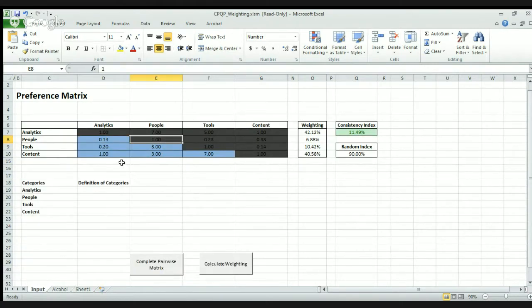And if you look at analytics versus people, I calculated that the group preferred analytics at a rate of 7, and this is out of a 9-point scale. So that's a pretty significant preference of analytics to people. But if you look at content versus people, which is down here, what you actually find is that we preferred